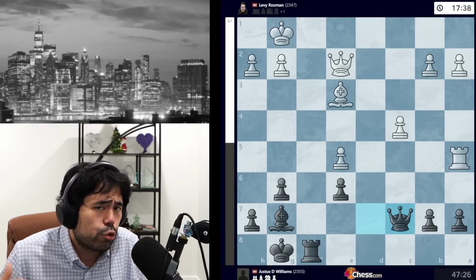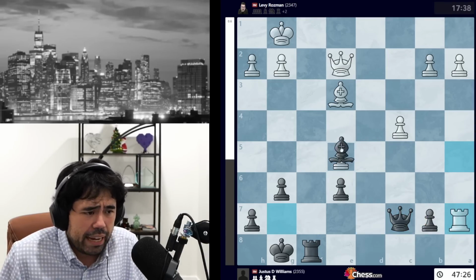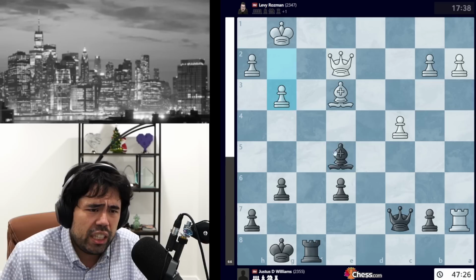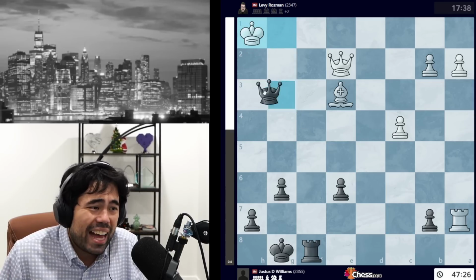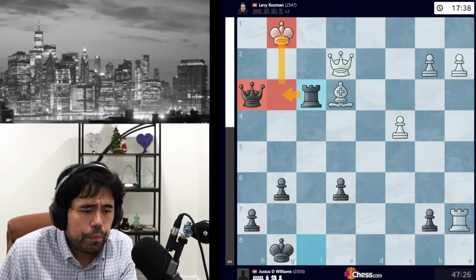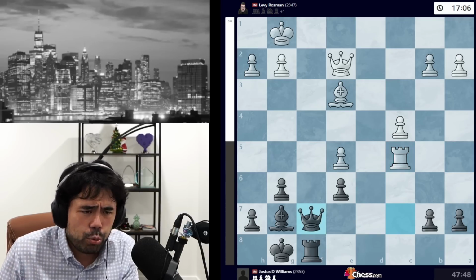Whereas in the game, after queen c7, here Levy could have played the move rook takes pawn, and after bishop takes to e5, no doubt Levy was afraid of the fact the pawn on h2 is under attack, and if you played g3, he saw the sacrifice, and after takes king h1, at the very least, black has a draw by repeating, but black can also play the move rook to f3, trying to checkmate the white king. So Levy instead goes rook c5, and now we get queen to f7,